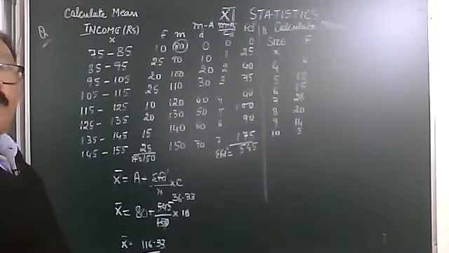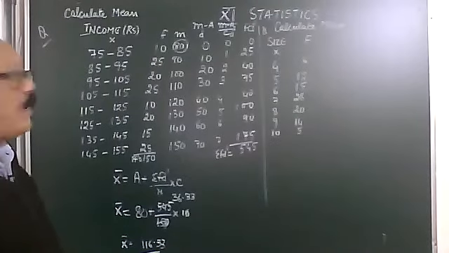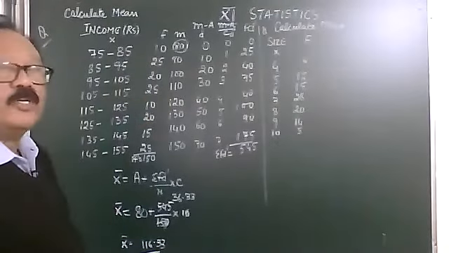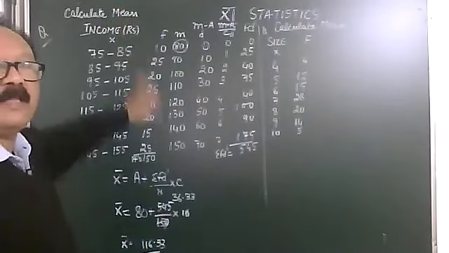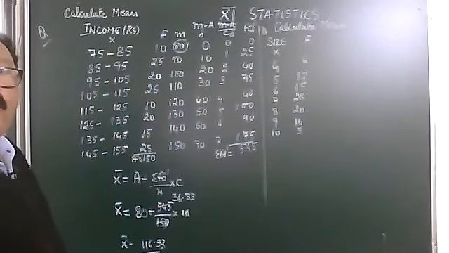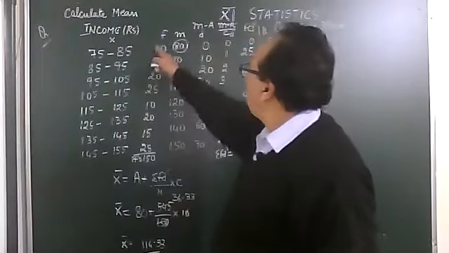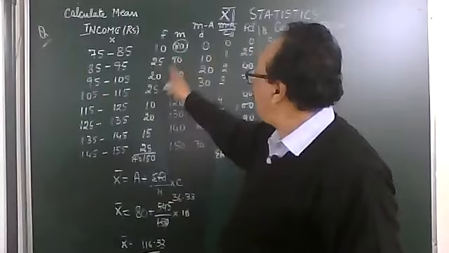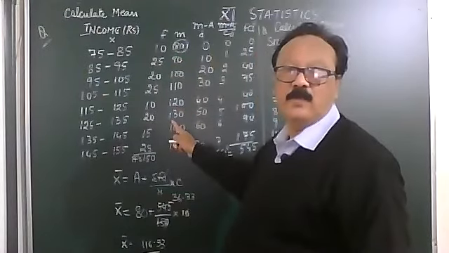So you see children, when is it useful to use the step deviations? When the values given are big and calculations would be difficult. Now, we did not say calculate mean by this method or that method. We left it, so you were free to do whatever method you want. If you had done it by the direct method, what would have been the formula? The formula would have been mean is equal to sigma f into m. Now you see, if you multiply these two, you will get very big numbers. Waste of time. So don't do that.